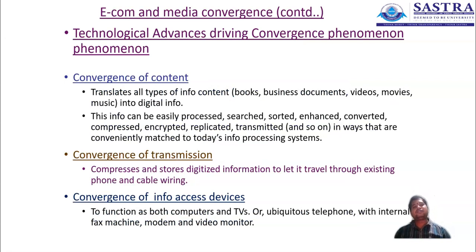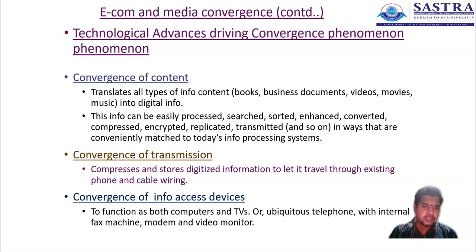Then coming to the technology advances driving the convergence phenomenon in e-commerce. So convergence of content, what do you understand by convergence of content? Translate all types of information content like books, business documents, videos, movies, music into digital information. So this information can be easily processed, searched, sorted, enhanced, converted, compressed or encrypted, replicated, transmitted in several ways that are conveniently matched to today's information processing systems,